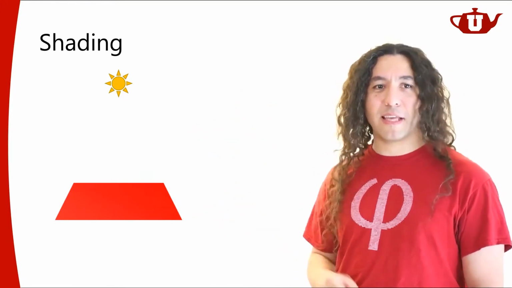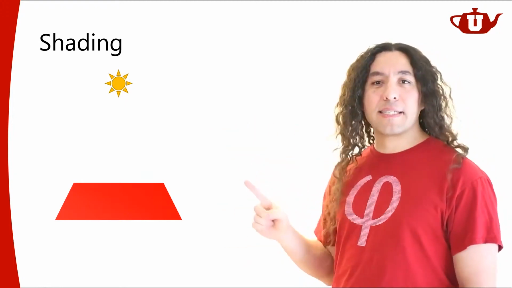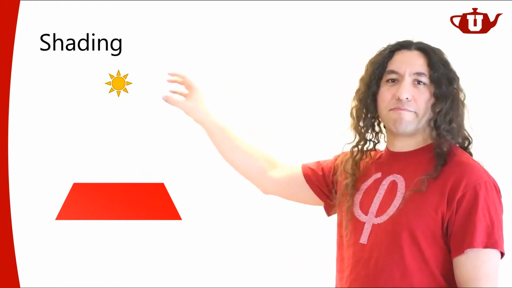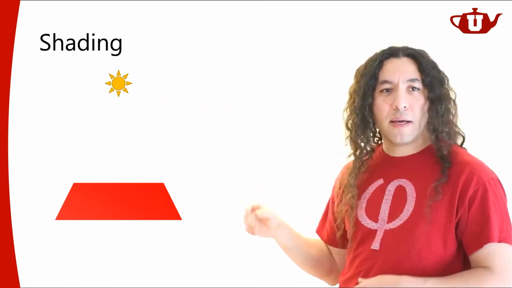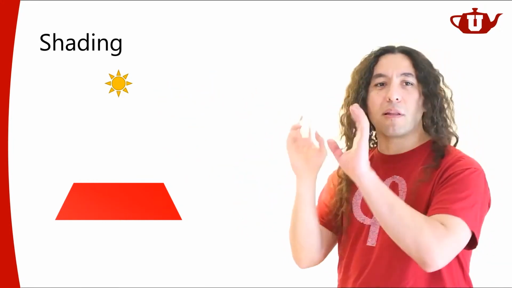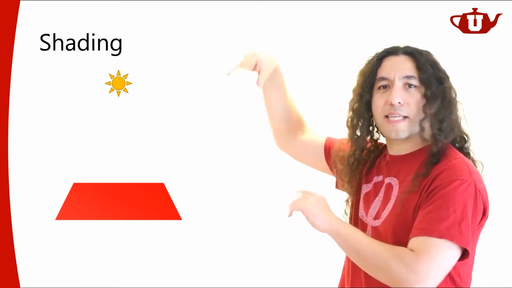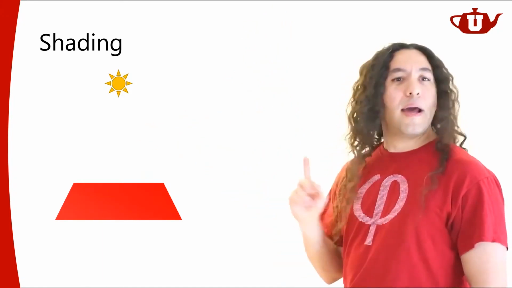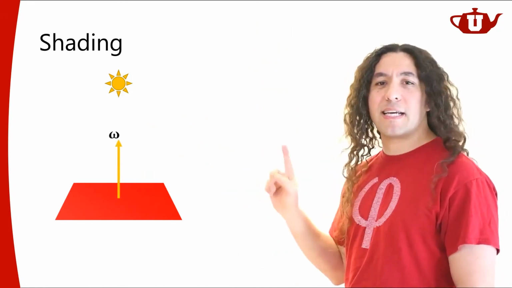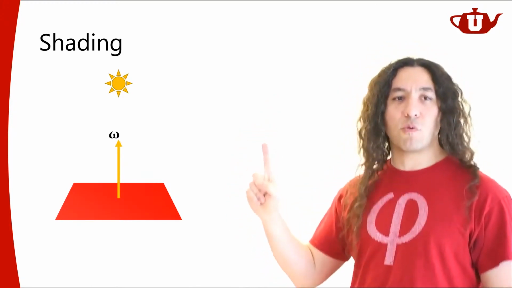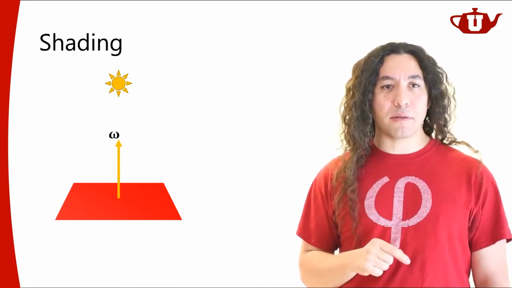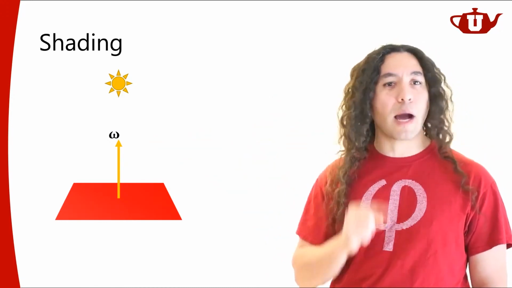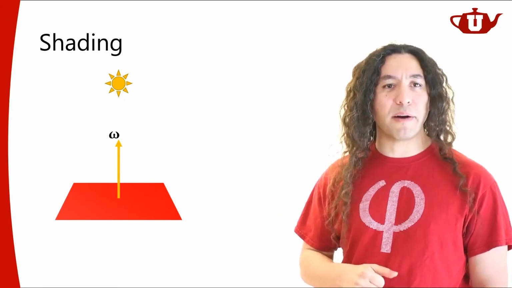So when we have light, we can see that it's red. Now, I just put a light figure here just to show you that there is light above here. But don't think about this as an actual light source or anything. It's just some light is coming from above. That's what I'm trying to say here, right? And so let's say that this is my light direction. My light direction is towards up, and I'm going to represent my light direction with this omega symbol here. Omega is going to tell me where the light is coming from. In this case, this light is coming from above, right?